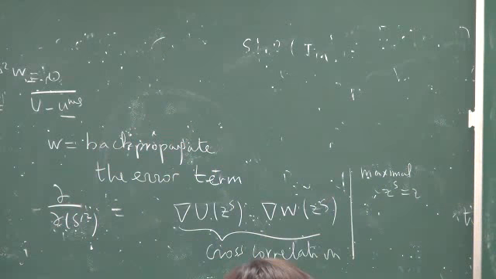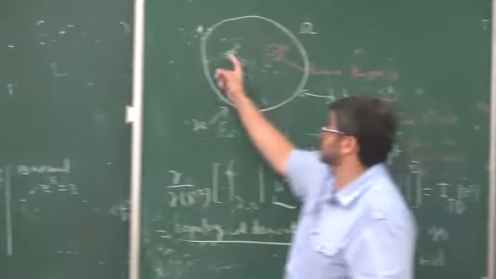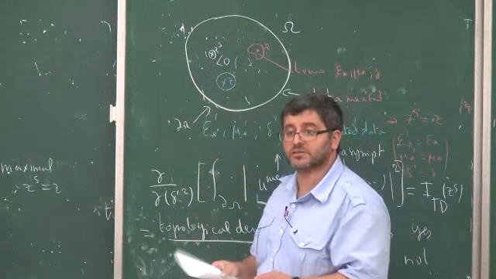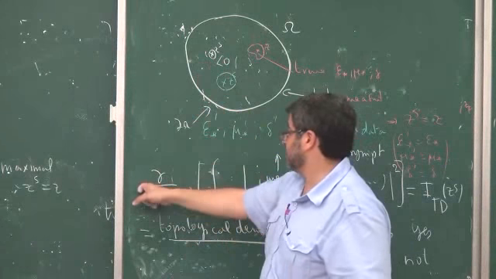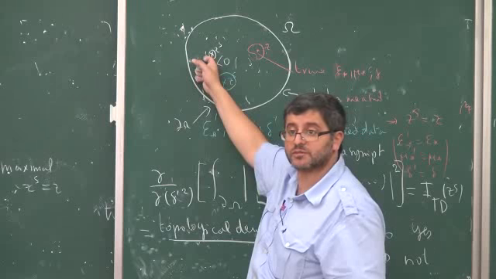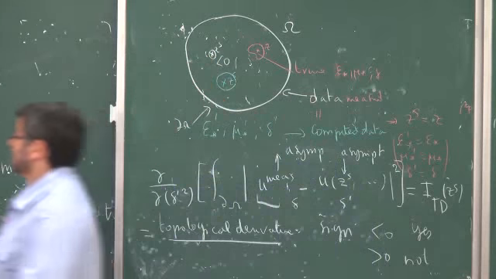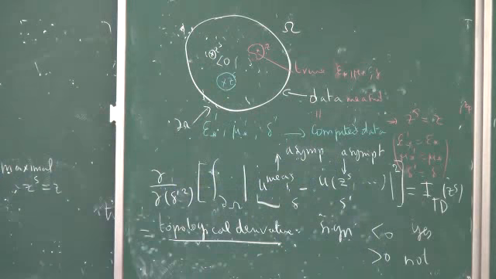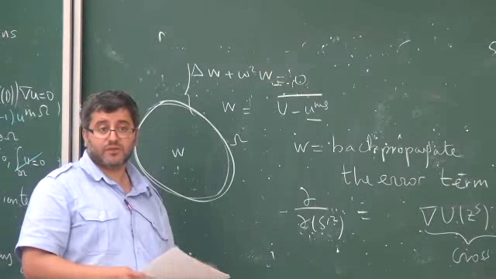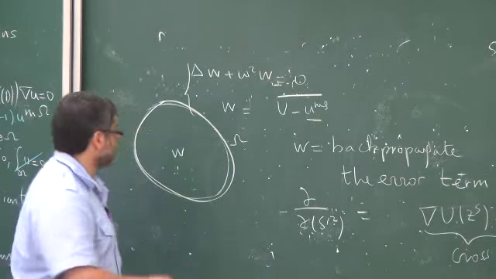So it's about exactly the same. The minus sign is the most negative. You take the most negative here, take minus here, you take the most positive. So cross correlating the back propagation of the error term with the background solution gives you a very good imaging function. And actually this is the most stable with respect to medium noise.